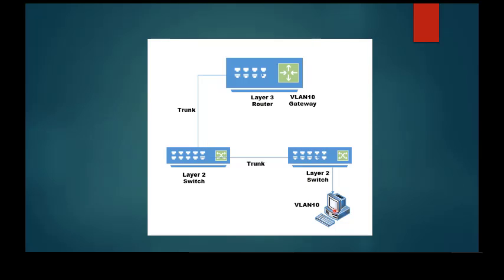So VLAN 10 would then route back. If it's gateway, it has to be on the same network, so it's at layer 2. That's an important thing to understand too, that VLAN tagging is at layer 2 and not layer 3. If you pass VLAN 2 across all of this, then it can communicate directly to this gateway or the router and use it as a gateway